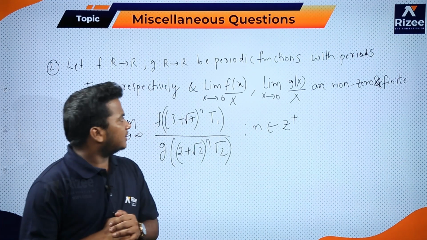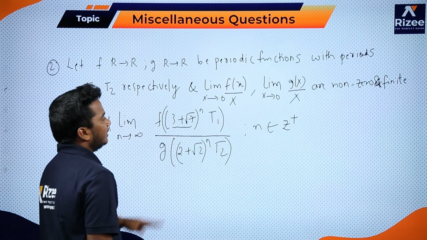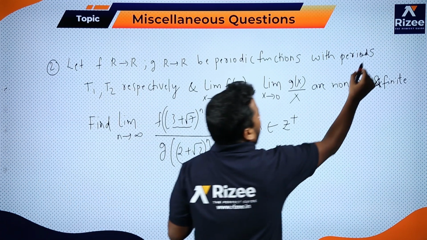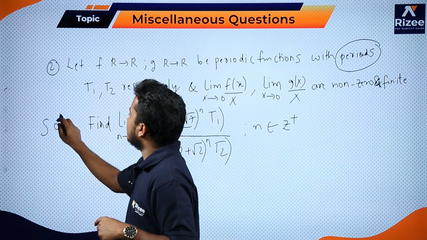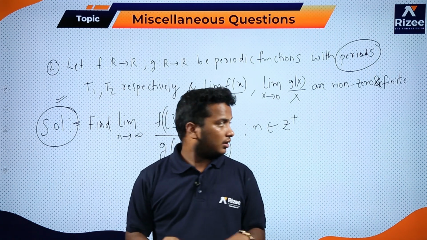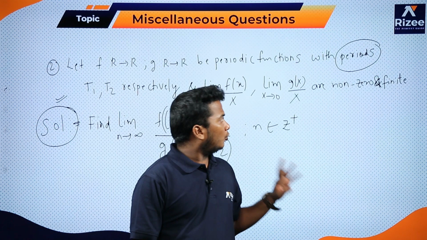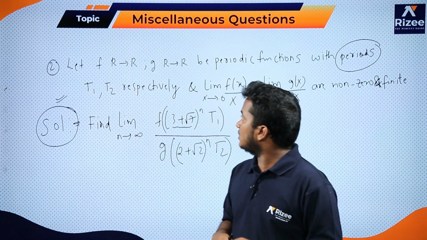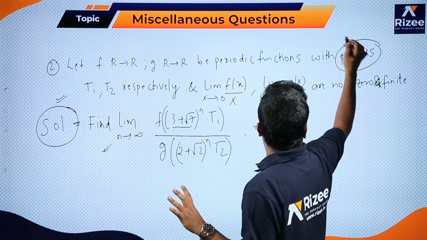Okay, basically this question is a little bit of a mix of binomial, that is (a plus b) whole power n, as well as limits, and the period of the function is also given. So basically in Advanced these types of questions will be asked, which we call multi-conceptual questions or linkage questions, in which more than one concept is used. Limits as well as binomial and a little bit of functions.